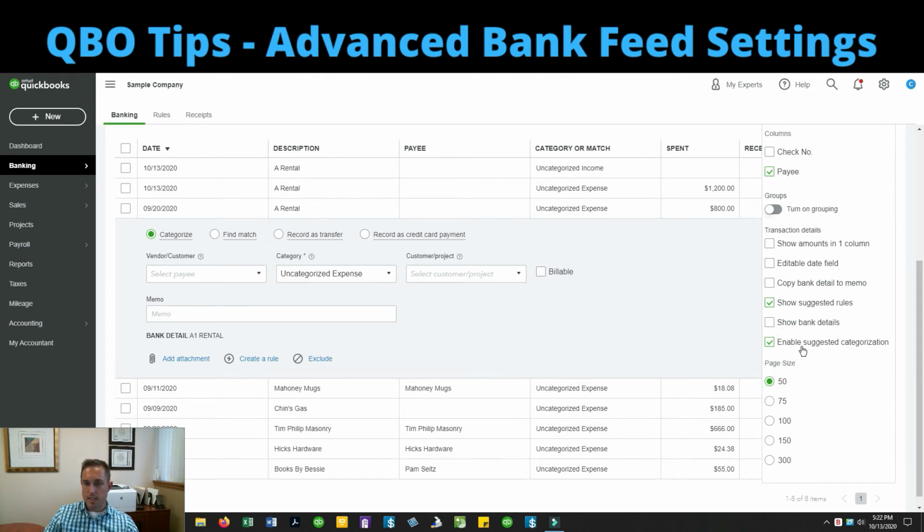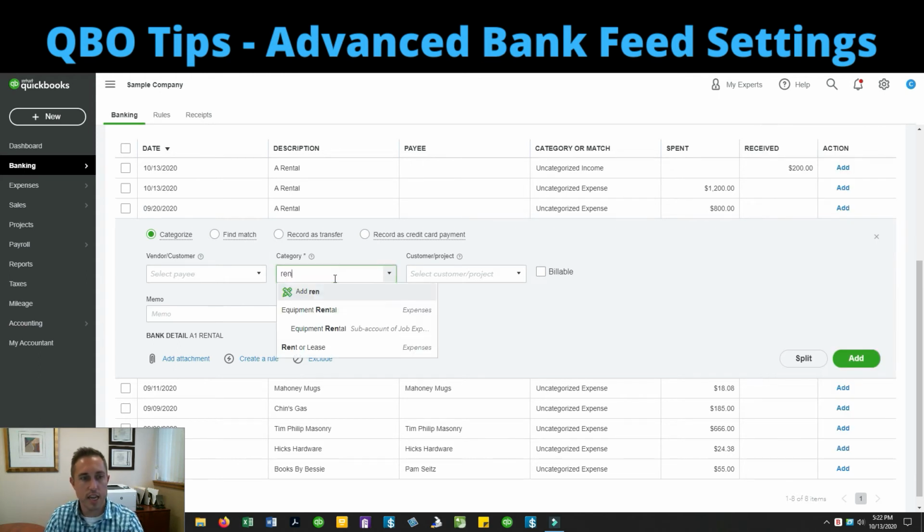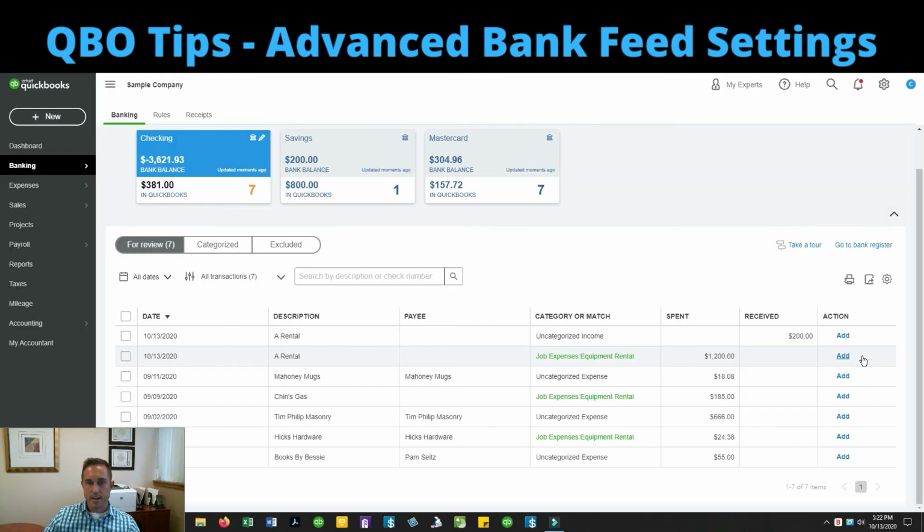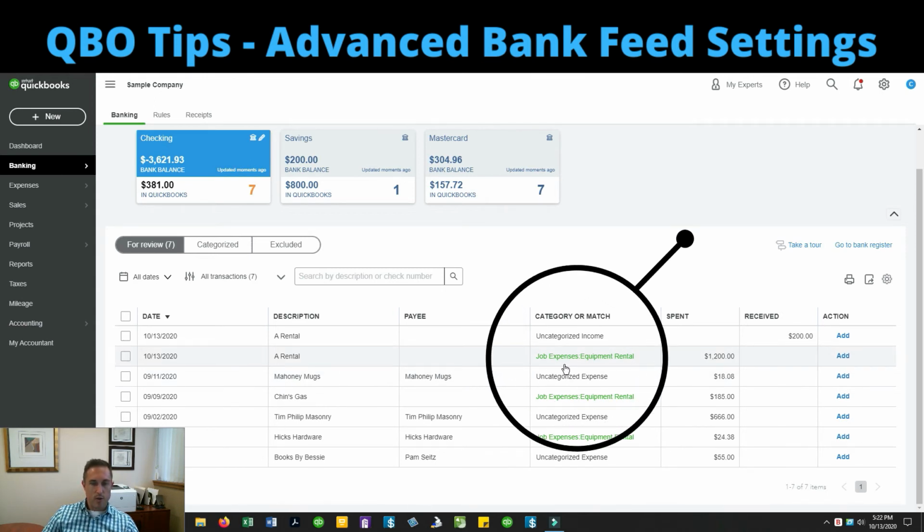The next one is enable suggested categorization. So normally when I enter a transaction, let's just take our A1 rental here and we add it. Now you see A1 rental is that category that I put it to, and it is now green.